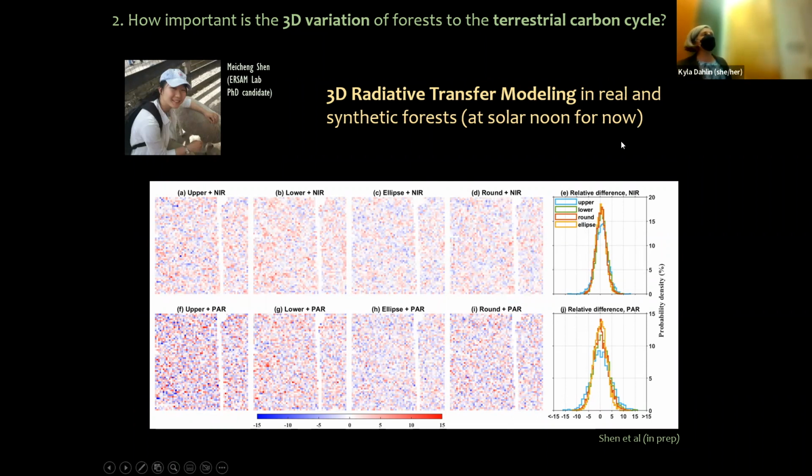And so she spent all this time, and the current conclusion is that, at least in this particular 3D radiative transfer model, there's not a huge difference in what the canopy looks like in relation to how light interacts with it, depending on how you move around the leaves in the canopy. But one thing to know about this particular set of studies or experiments is that this is only really thinking about solar noon. Because that's what we have as our truth, looking at reflectance data measured from